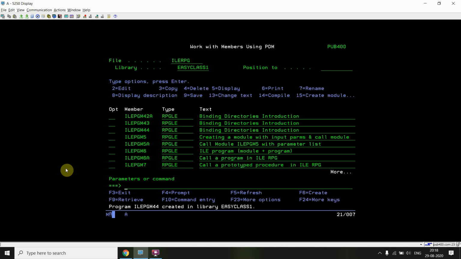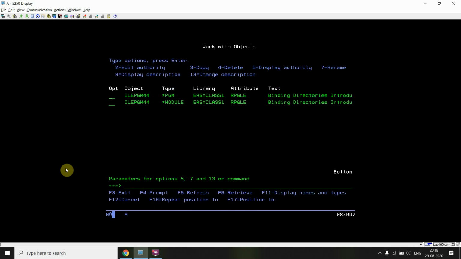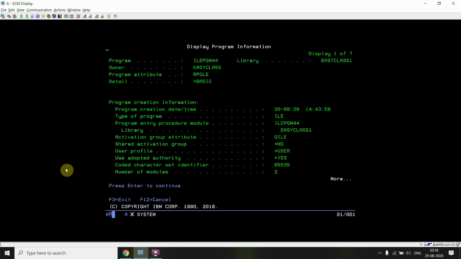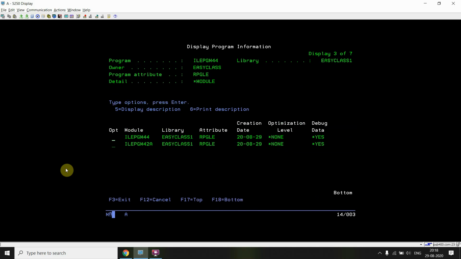Binding of the module or the service program is done using binding directories. So let's wait till this program gets created. You can see that the program is created. So work with object ILE PGM44, DSP PGM. You will see that now ILE PGM44 and ILE PGM42A are bound.